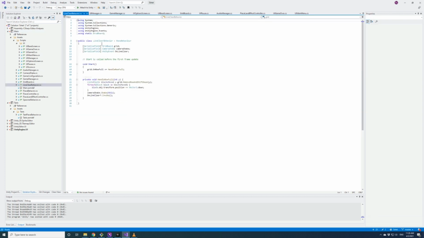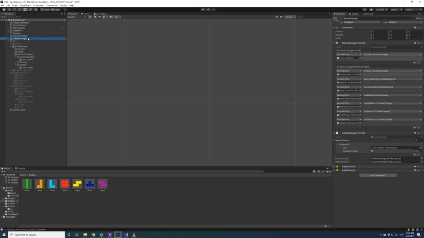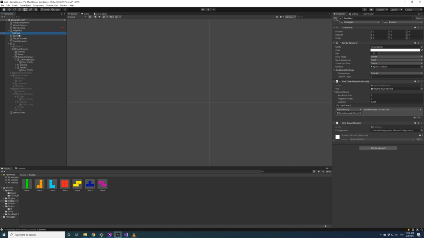Like here's our line clear behavior, but who is the line clear behavior attached to? Oh, it's in the line clear.